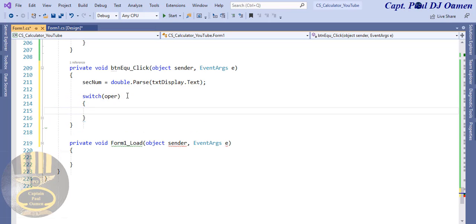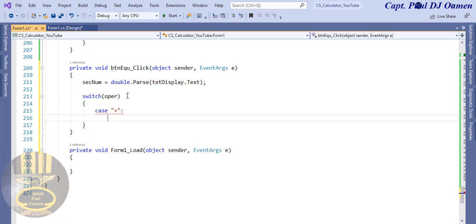Enter a curly braces right there. So the first one is if is plus. Okay, come out of it. Enter colon there. If the case that we're switching to is the plus sign,